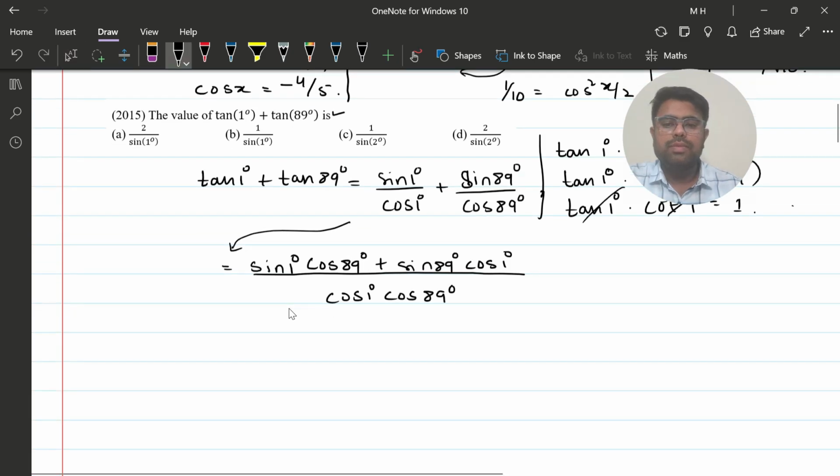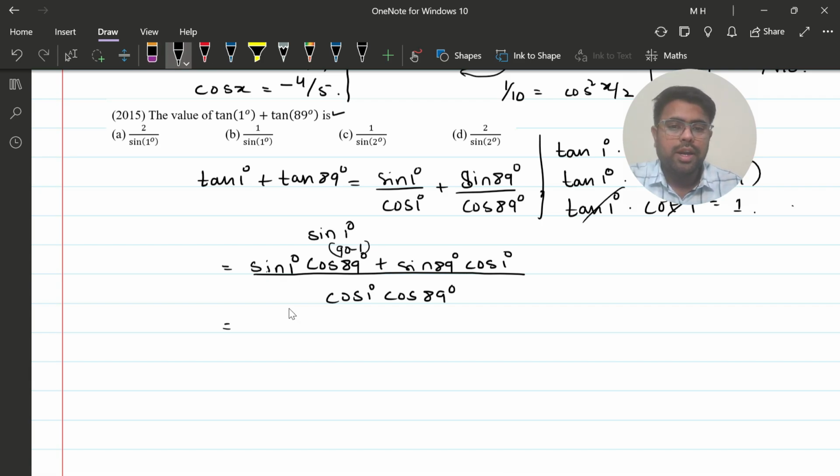Fine. So now if you look at it, it is sine 1 degree into cos 89 degree. What is cos 89 degree? It is going to be cos of 90 minus 1 degree, right? What is cos of 90 minus theta? It is sine theta. So I can write this down as sine of 1 degree, and I can write this down as cos of 1 degree, right? So what is sine of 1 degree into sine of 1 degree? It is sine square 1 degree plus this is going to be cos square 1 degree, whole divided by,